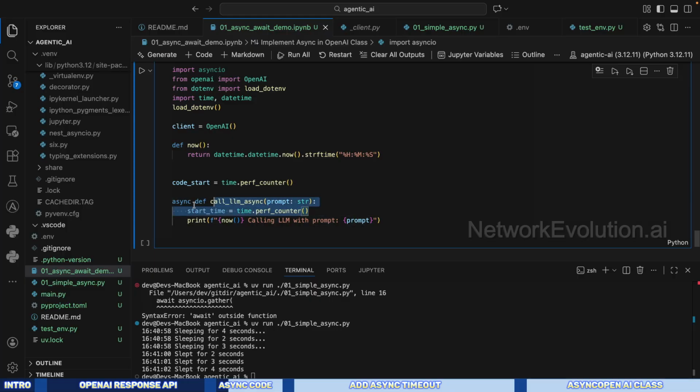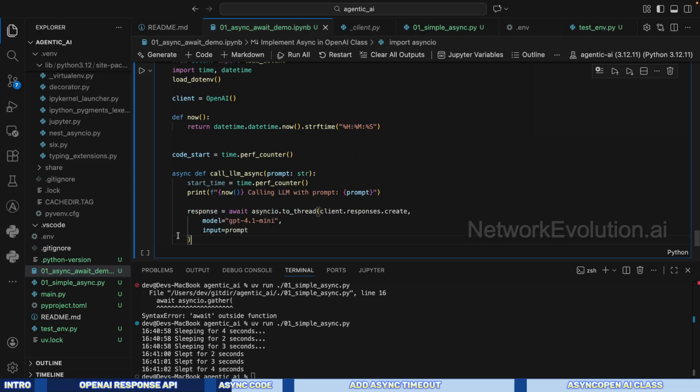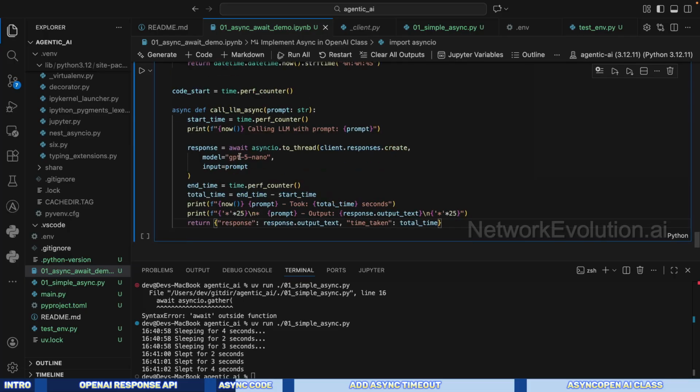I'll be capturing the start time from here. Then this is a simple print. It is going to print the current time and the prompt details. Then this will be used for calling the LLM. I'll change the model to GPT-5 Nano. Then it will be calculating the end time,